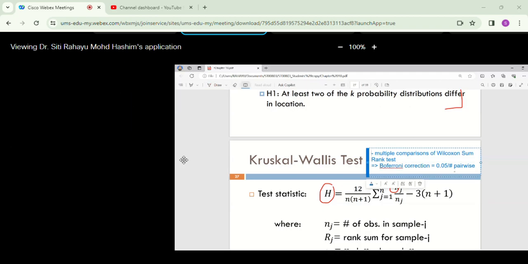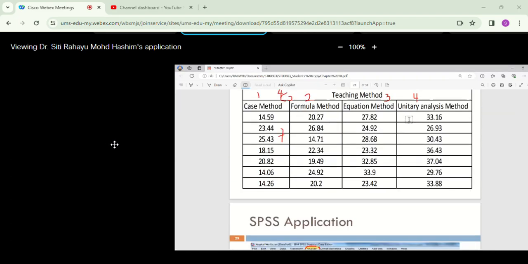So, this is equal to 0.05 divided by 6. It means you must get your p-value smaller than 0.008, only then can you reject your null hypothesis statement. Sorry, 0.05 divided by 6. Okay, 0.0083. Right, so you can try and then tell me which of the pairwise comparison, which method actually significantly